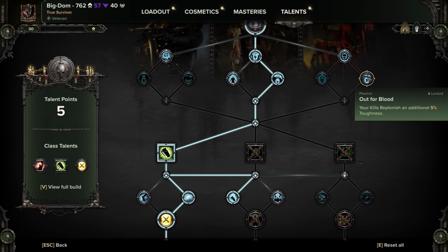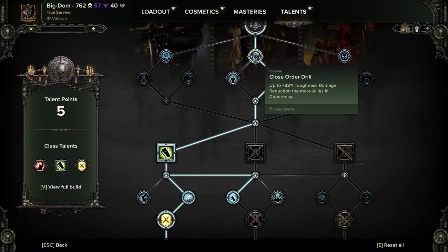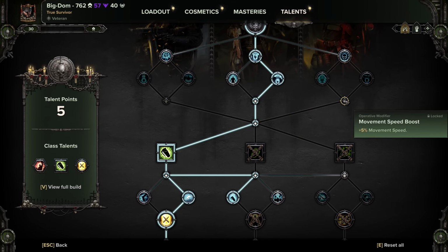You lose all your toughness, throw a grenade, you're bound to kill at least 5-10 dudes. You're going to get your entire toughness pullback, and then you can go back to defaulting on your melee and range weapons to maintain that toughness. But again, it just comes down to I find myself not reaching critical points of toughness with Close Order Drill more often. If you can fit both in your build, so go down this middle tree or this right tree,